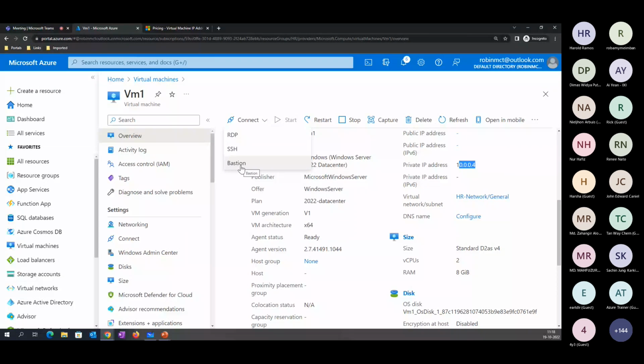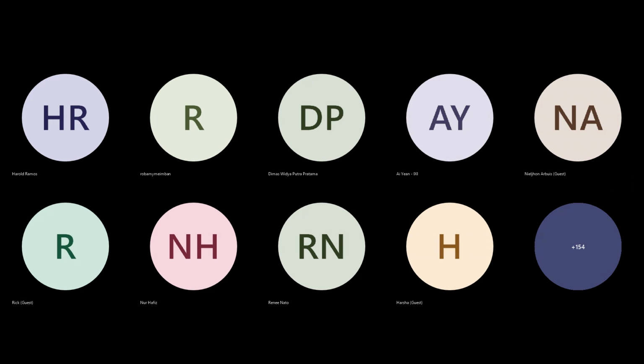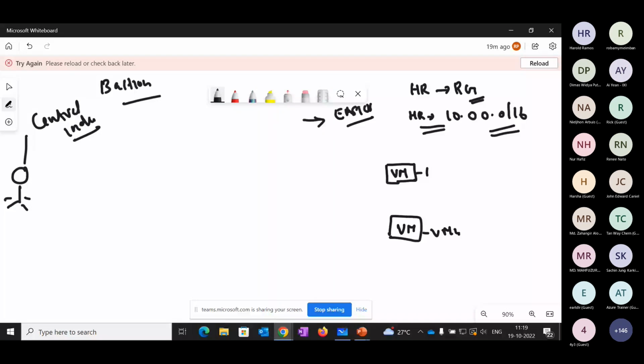Generally it's created that way, because if you have multiple VNets configured, that many Bastion services are needed. What I'm trying to say is, right now we have created a network here. What is the network name you have configured? You have configured it with the CIDR 10.0.0.0/16. This has been created in the East US data center. Now in the same East US data center